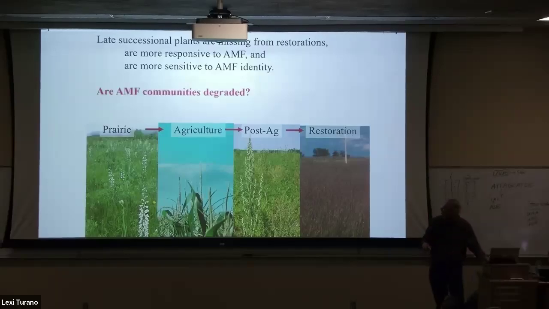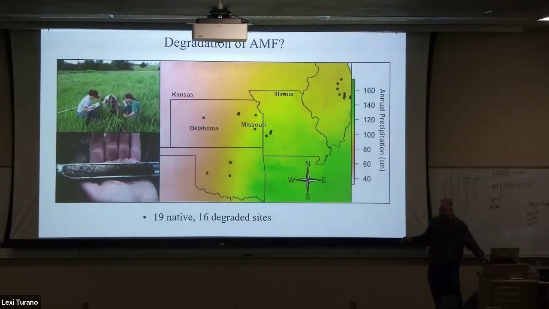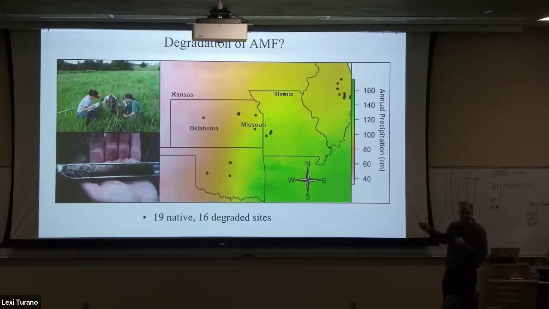So, are AM fungal communities degraded by 100 years of agricultural tillage? To answer that, we went to prairie remnants and nearby post-agricultural grasslands, and we sampled the soil, and we amplified out mycorrhizal fungi, and looked at the change in composition with disturbance and across the precipitation gradient. And what we found